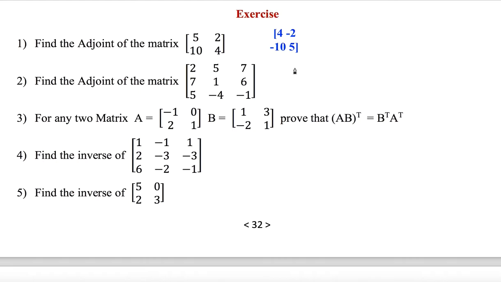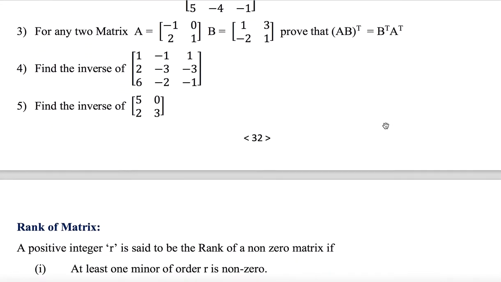Are you okay with it? Yes. This matrix, they asked us to find the adjoint. I'm not going to do this one, I'm leaving it for you. Why like that? Because anyway we are finding the inverse here, right? There I need to find the adjoint, so there I will show. Prove that (AB) transpose equal to B transpose A transpose. These multiplication things you can easily do, so I'm leaving it for you. This inverse thing, which I'm particularly interested in, I'm doing it right now.